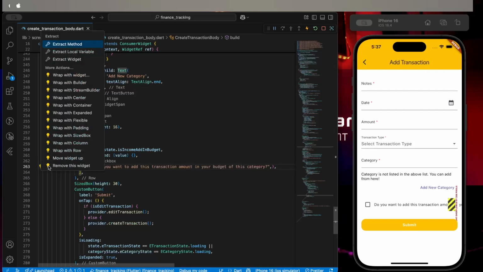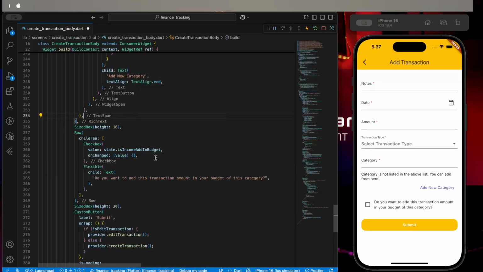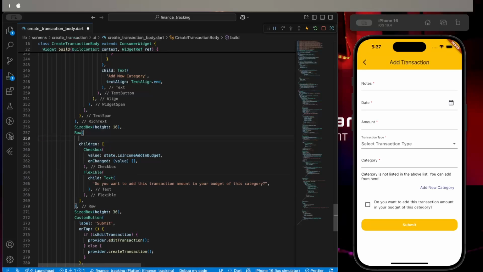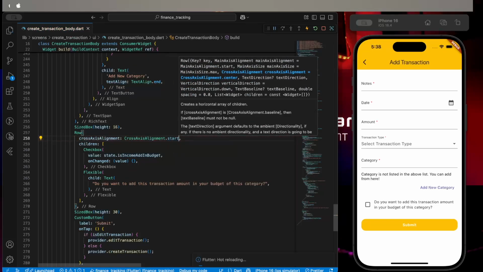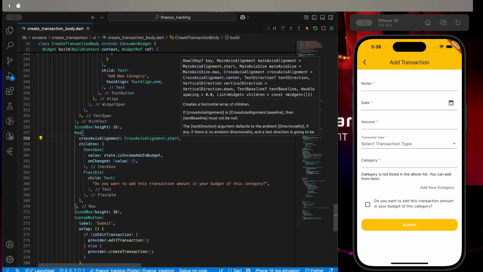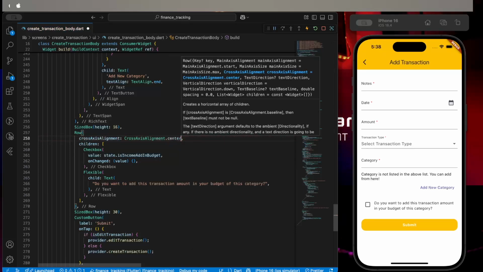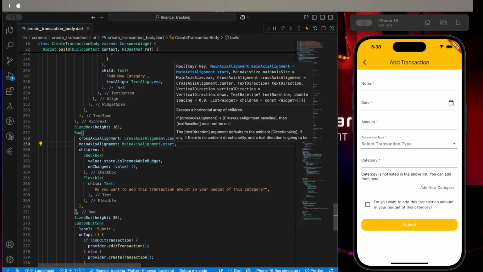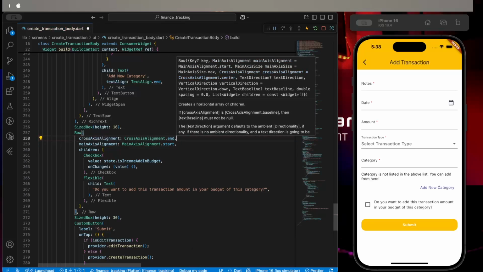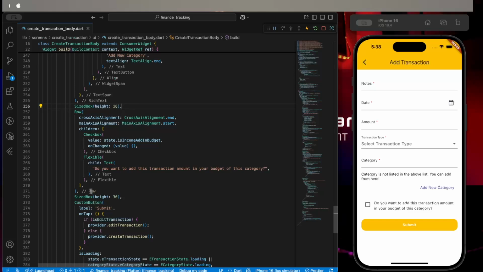We'll make it flexible, format document. And its visibility will be if state dot